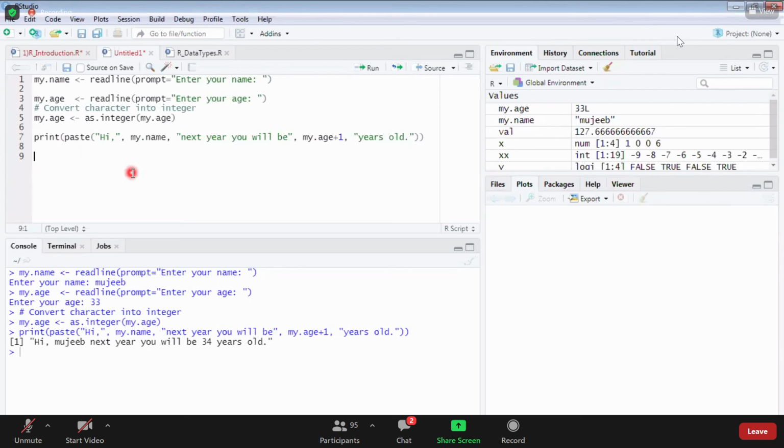Sir, here also the input will be taken as a character, and then integer. Here also the input will be taken as a character. Yes, readline, not input. Readline will take it as a string or character, anything is fine. We can use the words character and string interchangeably in Python and R, but not in C and C++. You will take it as a string. Clear? Any more doubts?